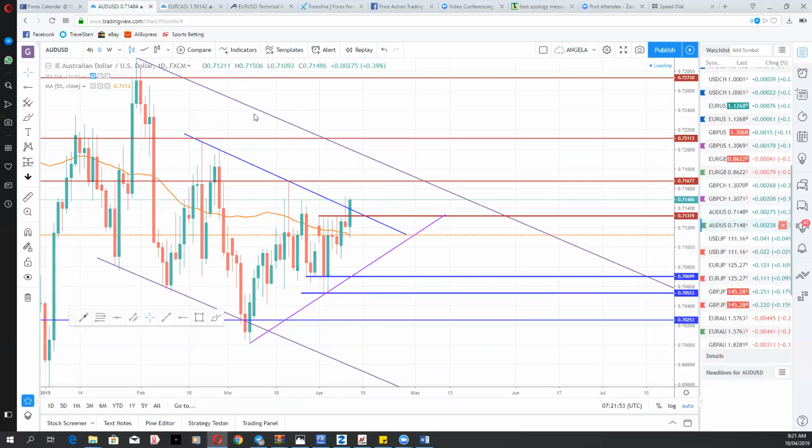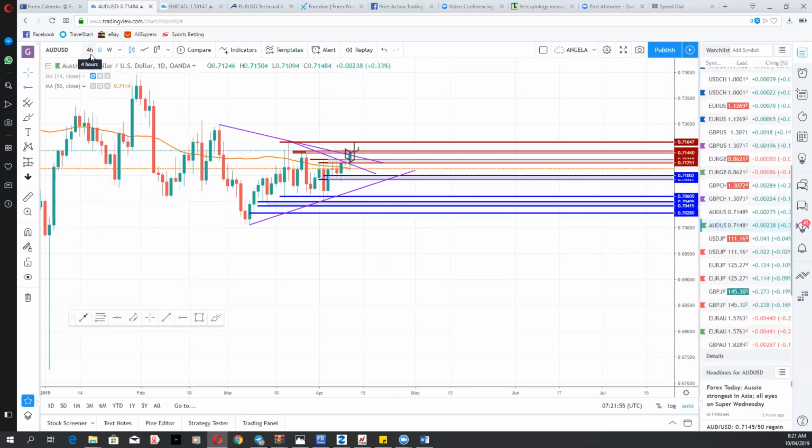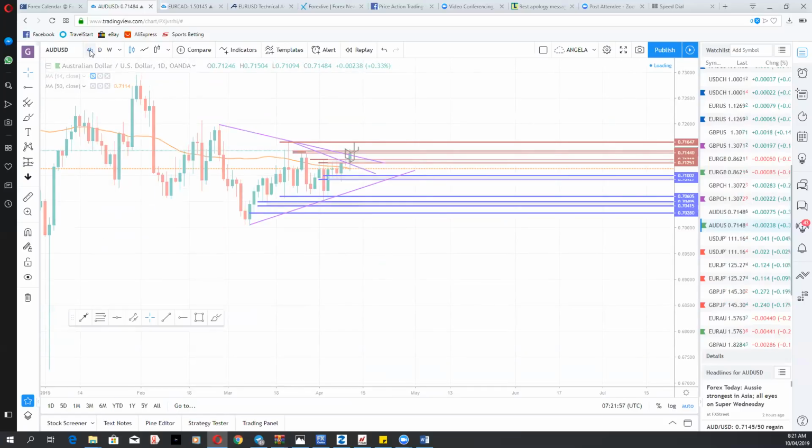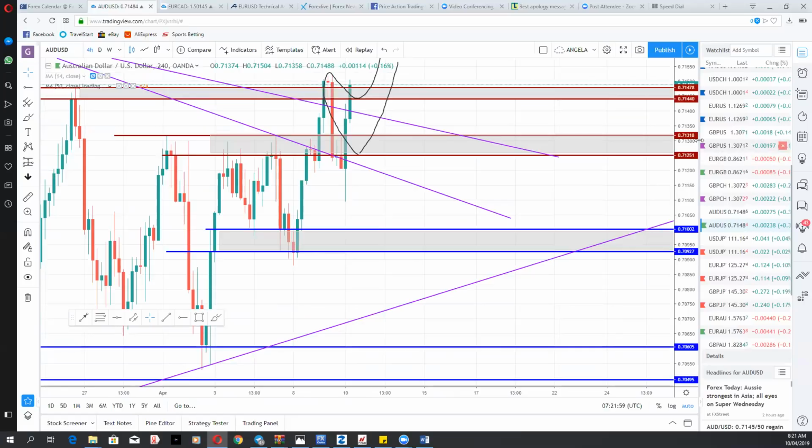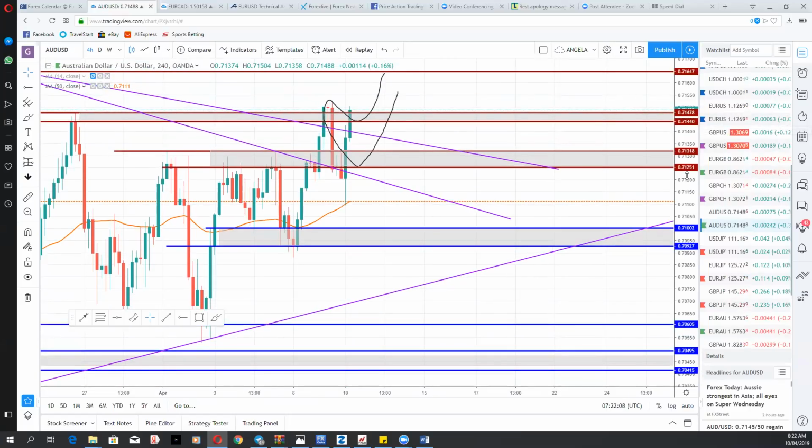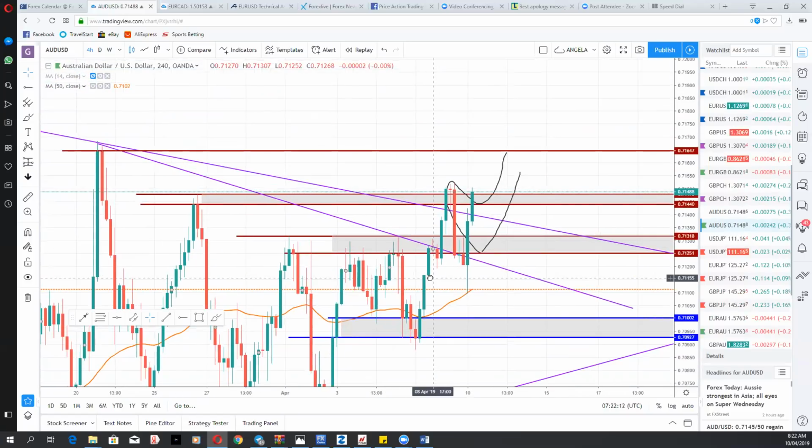We go down to our intraday chart on the 4 hour. We might be having what may look like a kind of a retest of this high. Excuse me. Let me see. Oh, my mouse is misbehaving, sorry.